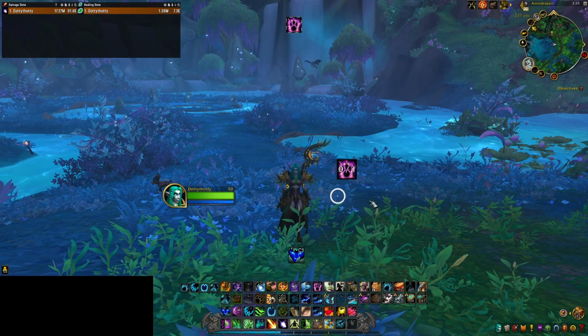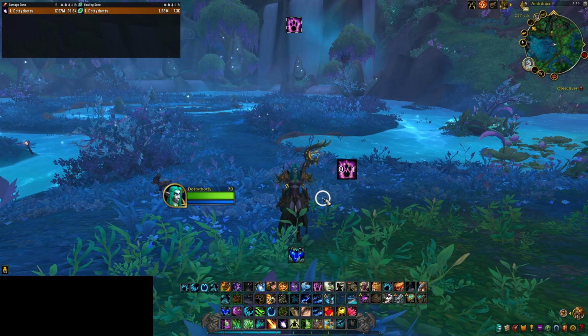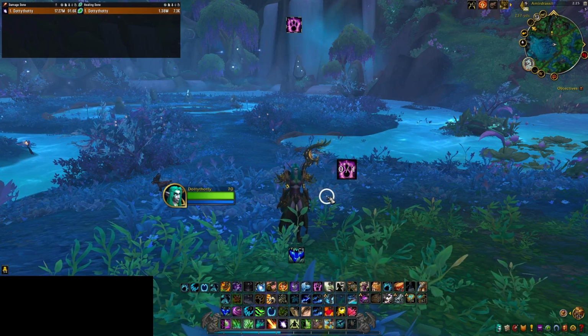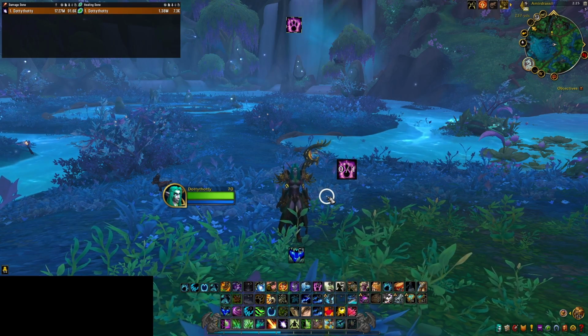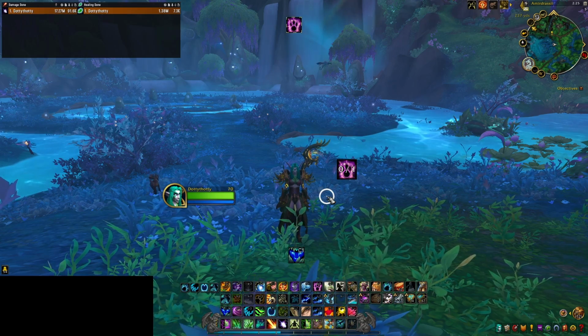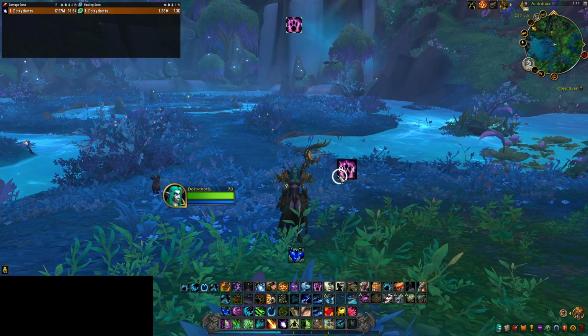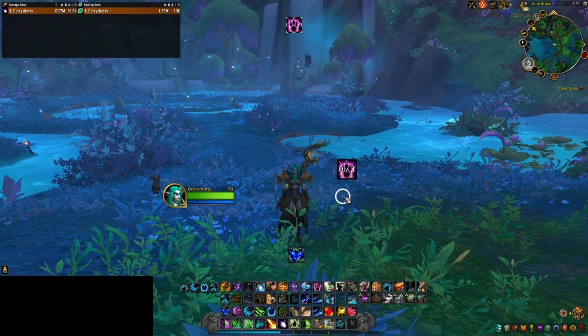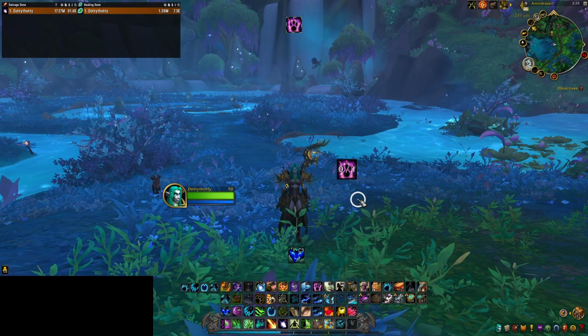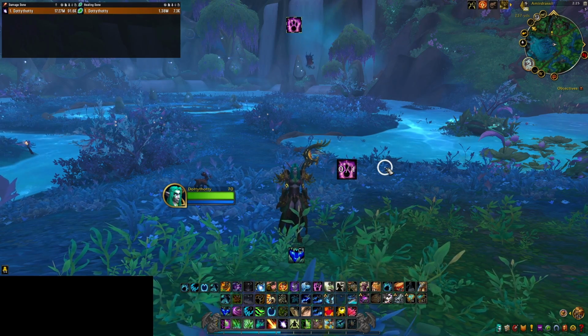I put this in a very prominent place on my UI because I want it to stand out and to be something that bothers me when a party member does not have it. So what this will do is, you can see here, it has 0 out of 1, and that's because I'm the only member of the party. So I'm going to go ahead and apply,